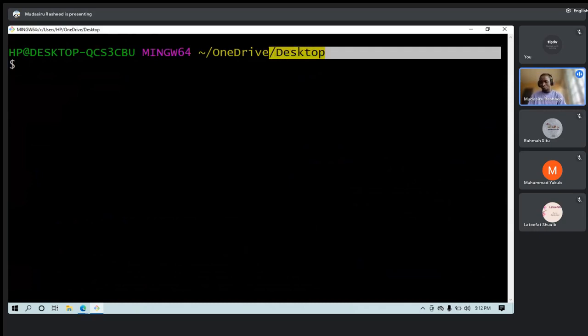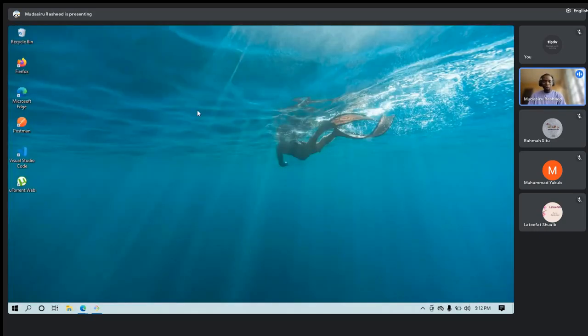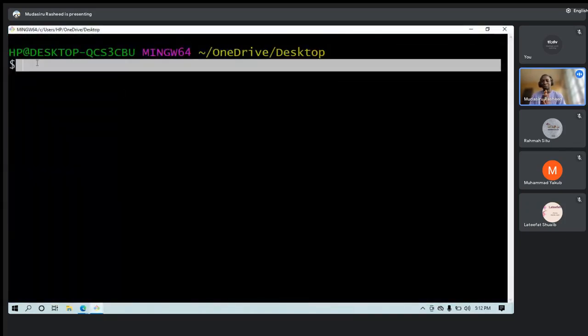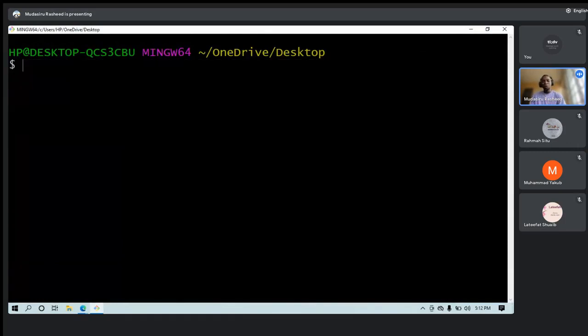For instance, on my Windows, I am on the desktop right now. To do anything, I need to move from this desktop. Okay, I want to open a browser. I will have to click this browser. But now I do not have access to clicking anything here. But I still need to work. So this is what we are talking about. I want to move out of this. I want to go to the root of my folder, the root of my system.